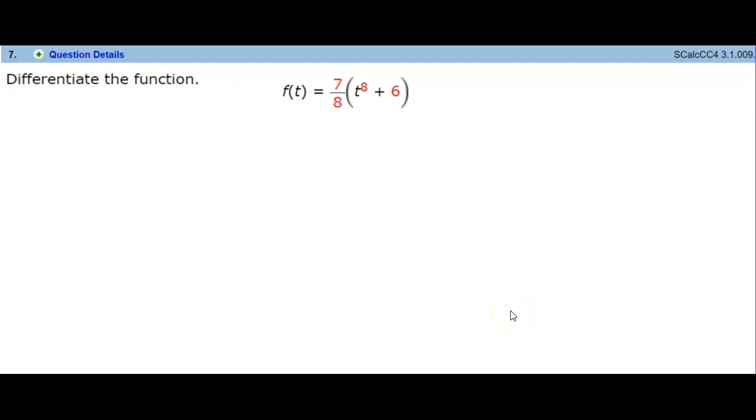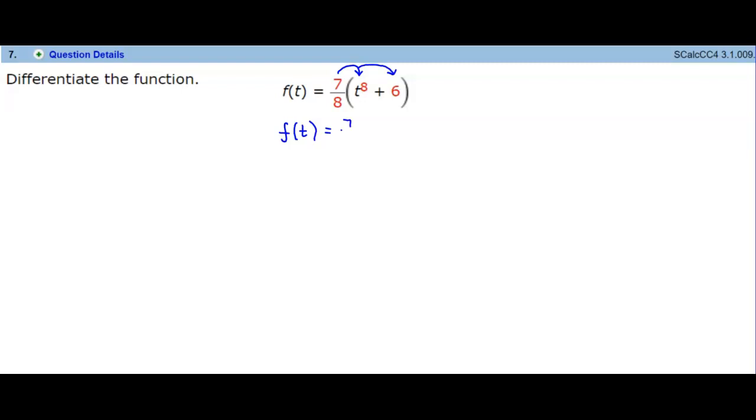Okay, let's differentiate the following function, f of t, which is equal to 7/8 times t to the 8th plus 6. Now, there's ways to go about this, but one way of doing this is, before we do anything, we can just distribute the value of 7/8 to both of those terms. So therefore, we're going to get the function f of t,